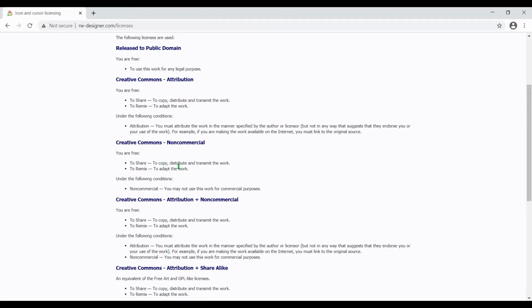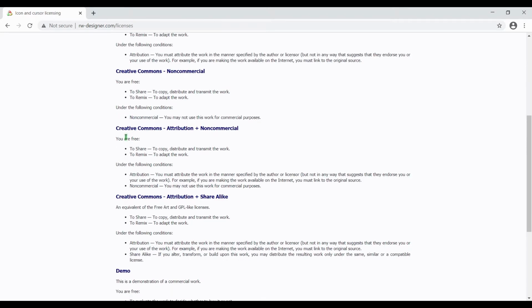That means you can copy, distribute and transmit the work, but you may not use that work for commercial purposes. If the cursors have been released under Creative Commons attribution and non-commercial, then you can copy, distribute and transmit the work, but you have to acknowledge it and you should use it for non-commercial purpose.